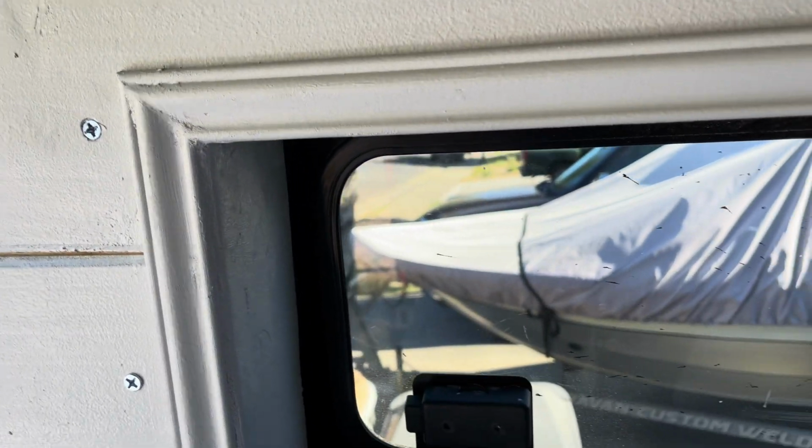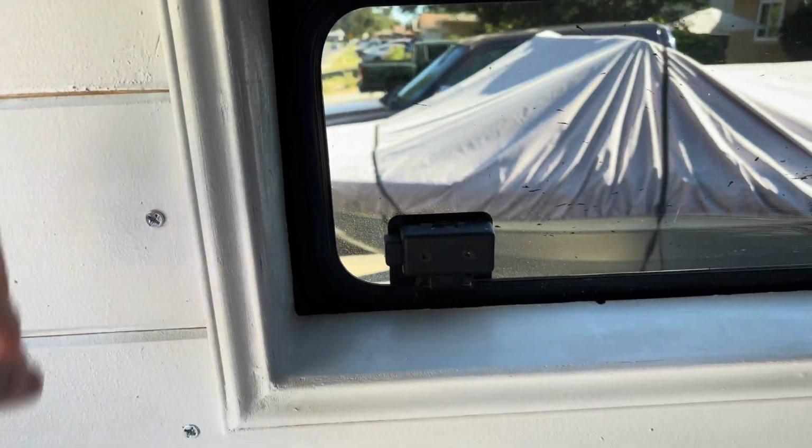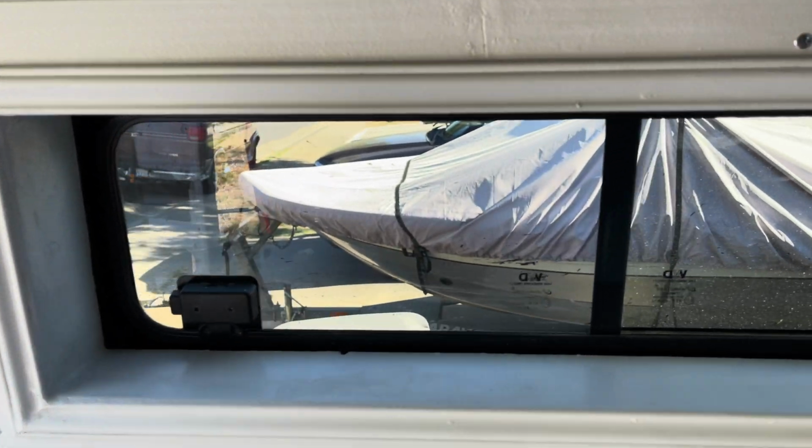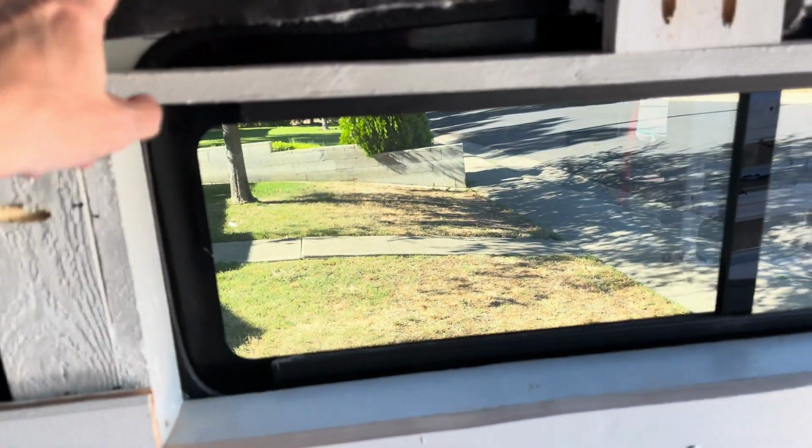What I did, I learned on Father's Day how to do a 45-degree angle. So this is my frame. If you see over here, which isn't complete yet, it's this little box. So I just framed it. So this is the